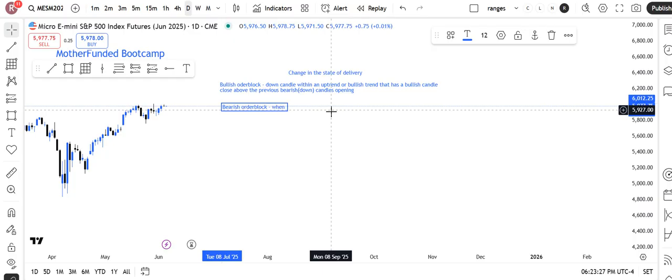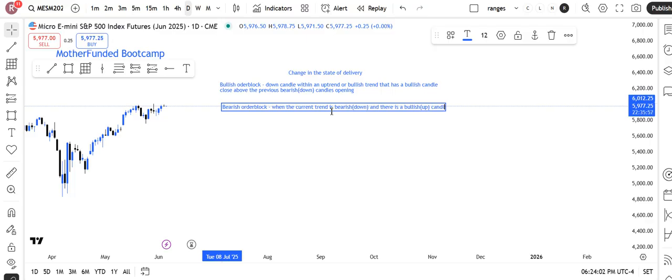When the current trend is bearish, or down, and there is a say bullish up candle,